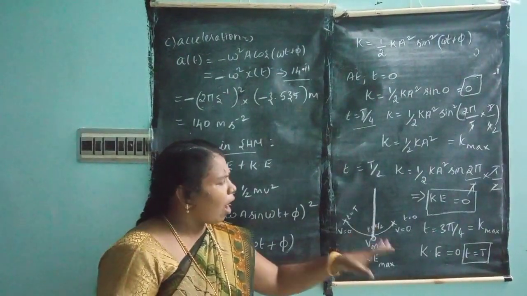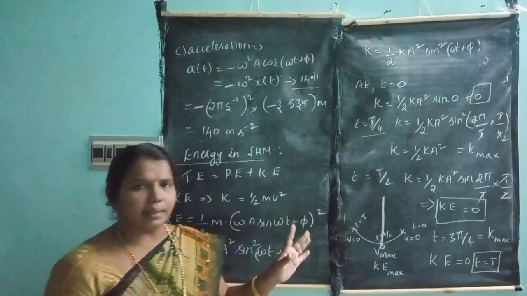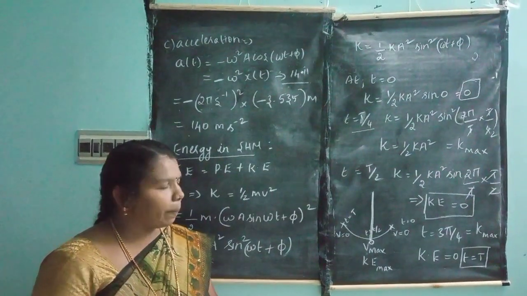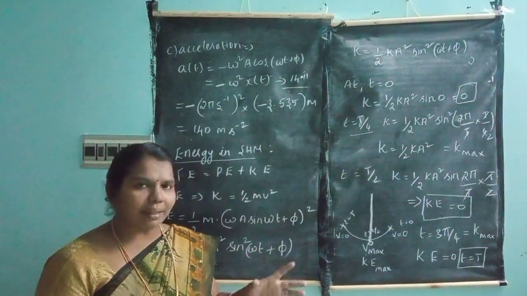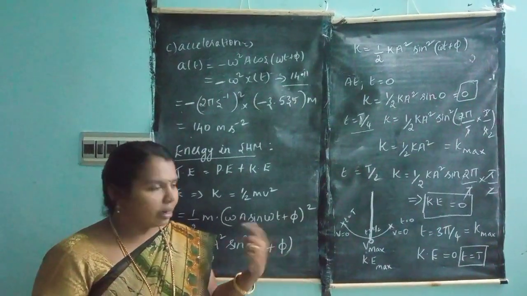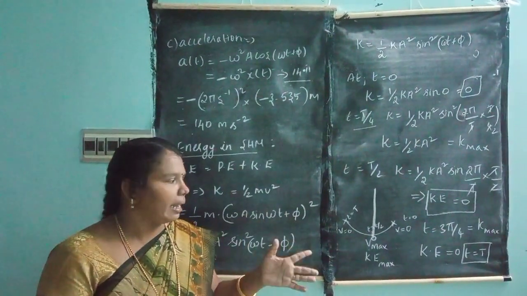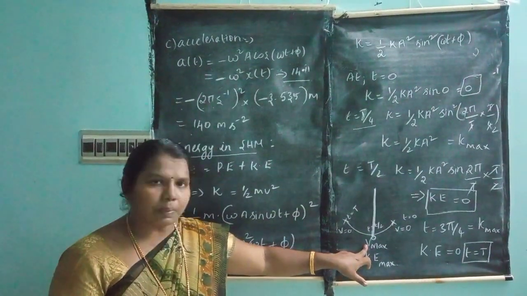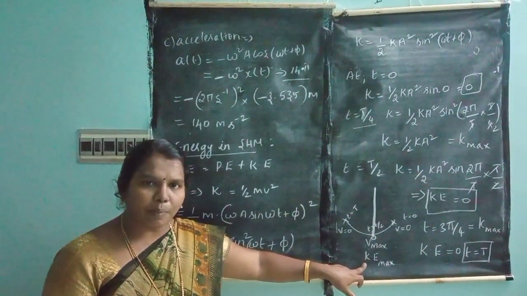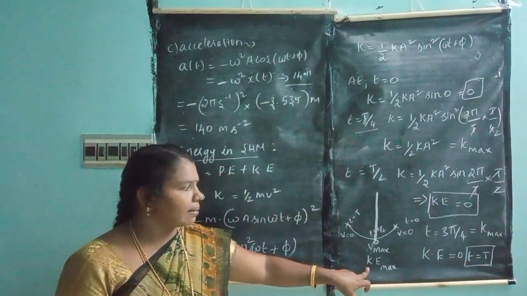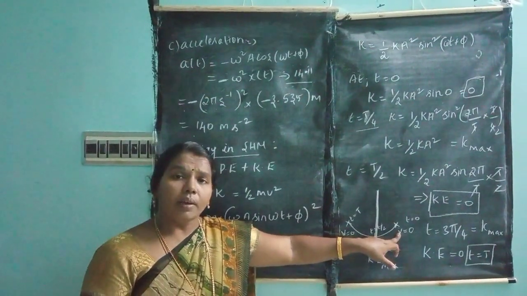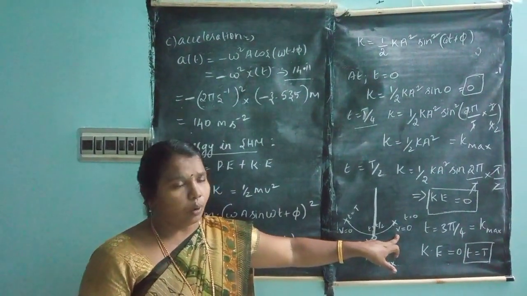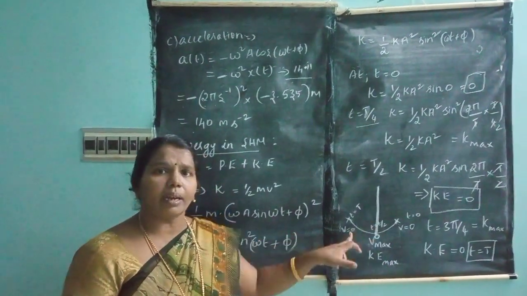How can you say this? This is according to the geometrical picture I am showing; according to mathematics, I am able to prove it. Now I am going to prove why at the mean position the velocity is maximum. The velocity is maximum, so the kinetic energy is also maximum at this position. Therefore at the extreme position v is equal to 0, so the kinetic energy is also equal to 0, in the positive x direction and in the negative x direction.